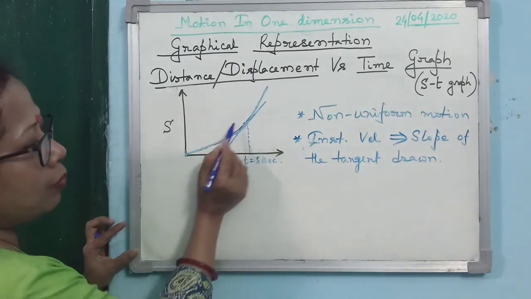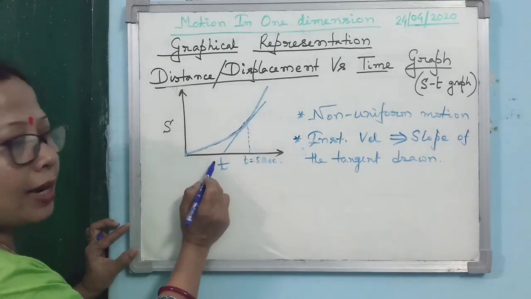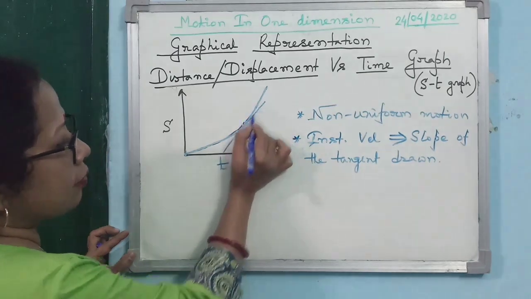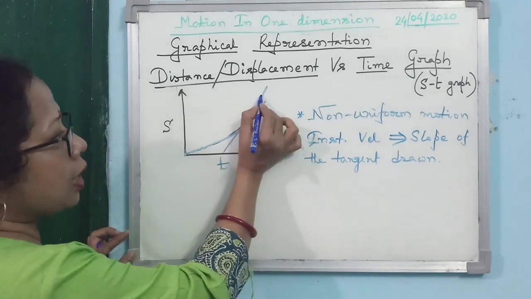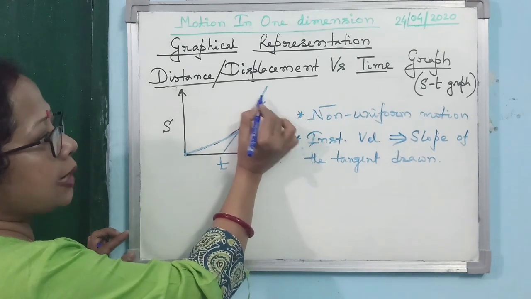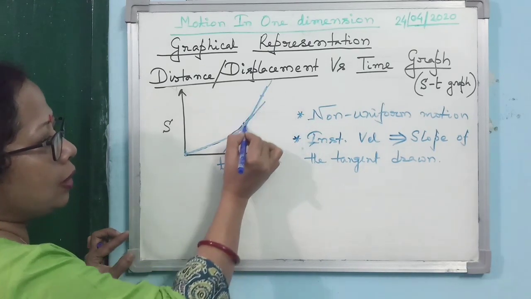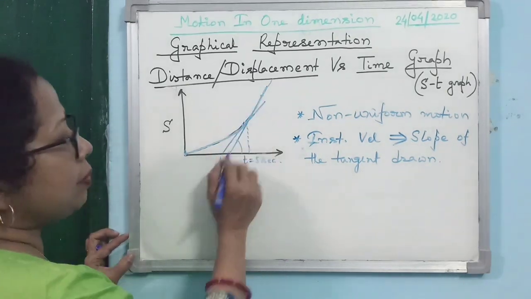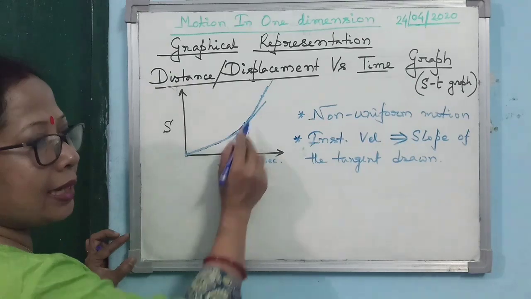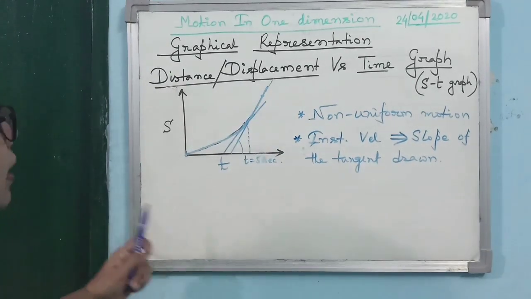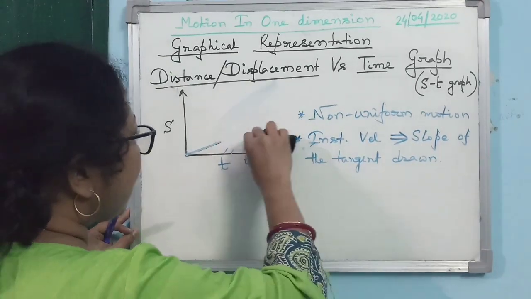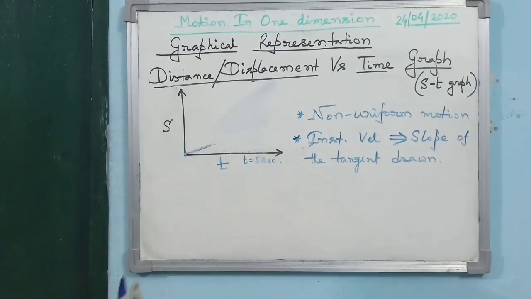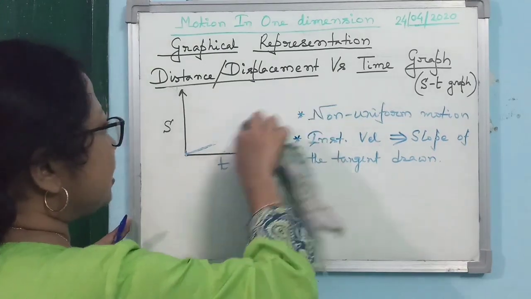When I draw the tangent, it is one straight line, so you get one velocity. Now look at this. Suppose after 5 seconds, this is the velocity. This is the inclination. Now suppose you want to find the instantaneous velocity here. Then you will draw a tangent here. Just look at this: this angle is bigger than this. So what does it mean? The instantaneous velocity is increasing. So when the ST graph is a curve like this, you can get the instantaneous velocity by the slope of the tangent to the graph.